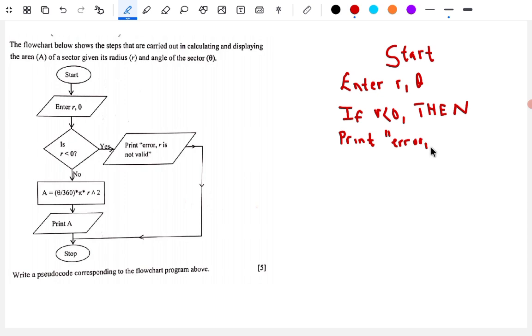R is not valid. So now R is not valid. So if you print the error message which is here, that's why they are going straight to STOP. And then for no, you are now going to write ELSE, everything in capital letters. Okay, ELSE, what? The formula,